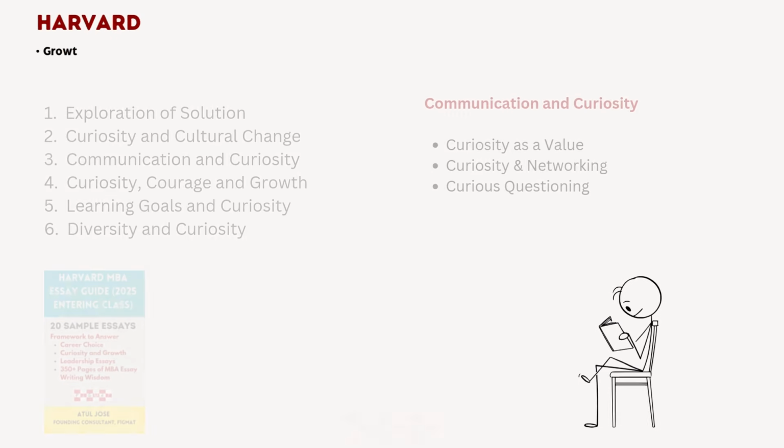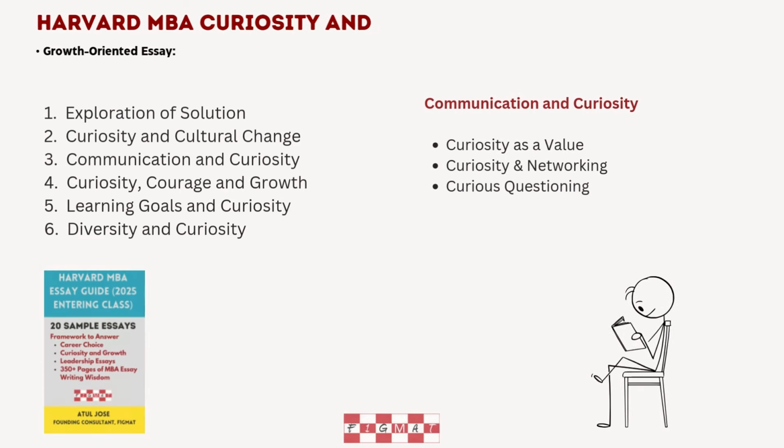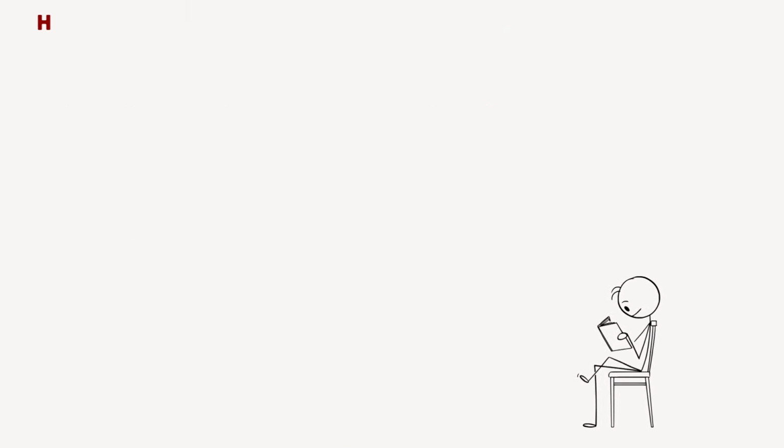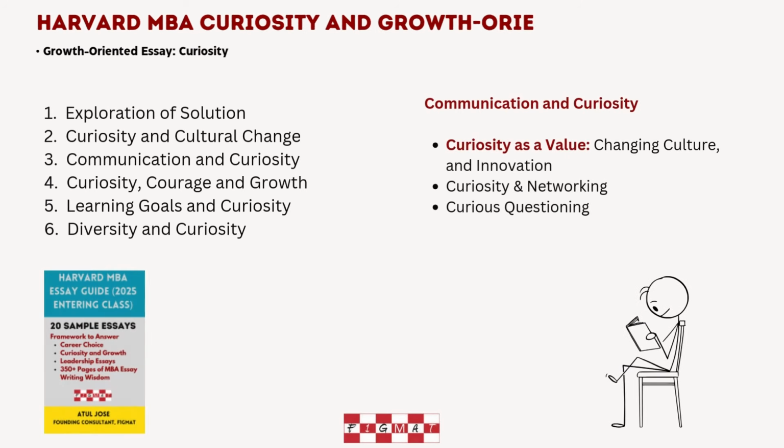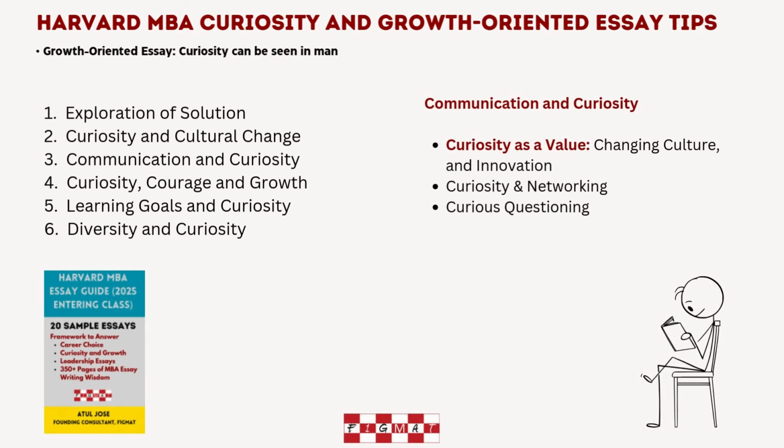The third theme is communication and curiosity. The second important skill after conflict management in a team is communicating values. Instead of sharing an example of demonstrating curiosity, you may share an example where you reinforce curiosity as a value